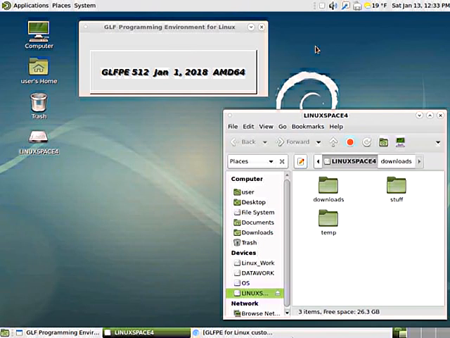I distribute the GLF Programming Environment, or GLFPE, for Linux portable operating system. It's a custom remix distribution based on Debian Linux. I distribute this through the internet. The first thing you need to know if you want to try it out is where to